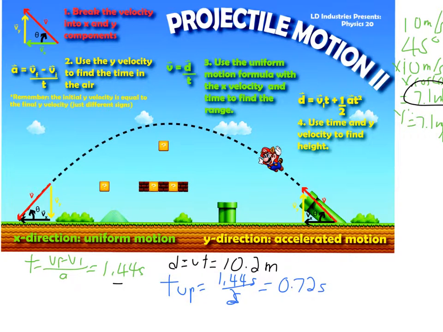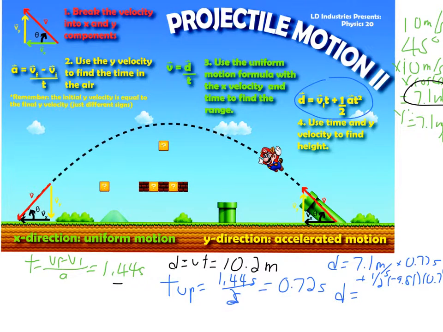0.72 seconds. And then we can finally use this equation, d equals vi t plus 1/2 a t squared, to find the maximum height. So our distance is our vi, again, this is our initial y velocity, 7.1 meters per second, times 0.72 seconds, plus 1/2 times negative 9.81, and t is 0.72 seconds. Don't forget the square. I know you can't see the square because I ran out of room, but if we were to crunch the math, we'll find our maximum height, or dy max, would be